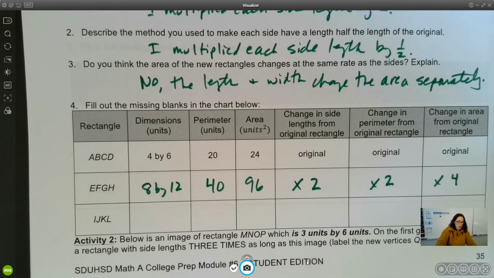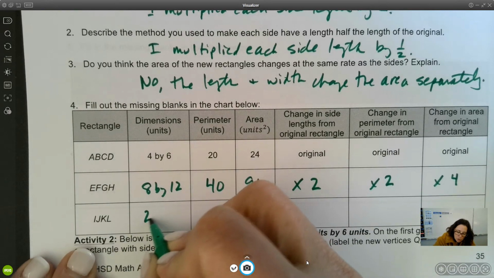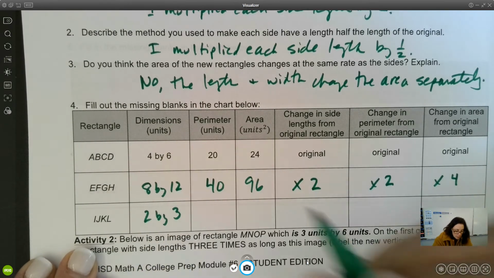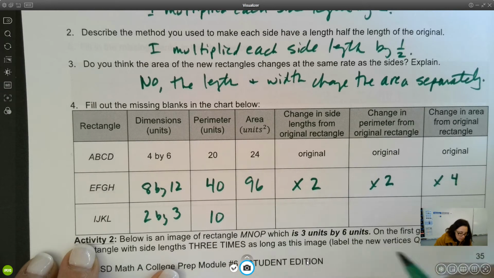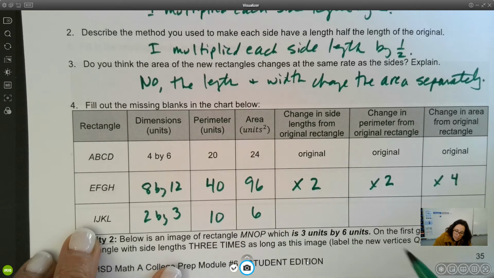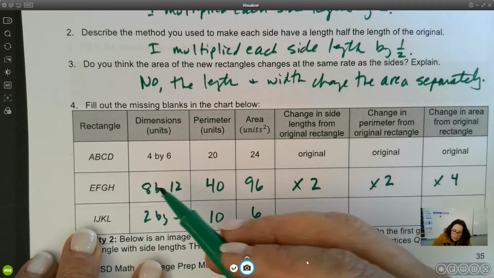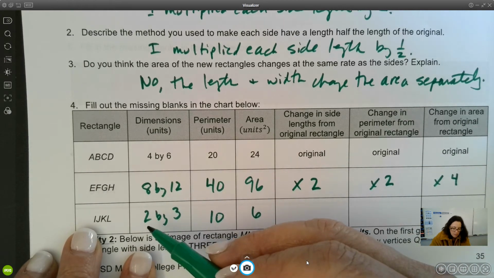Okay, let's do the smaller one. Its dimensions are 2 by 3. Its perimeter is 10, and its area is 6. The change in the side lengths,